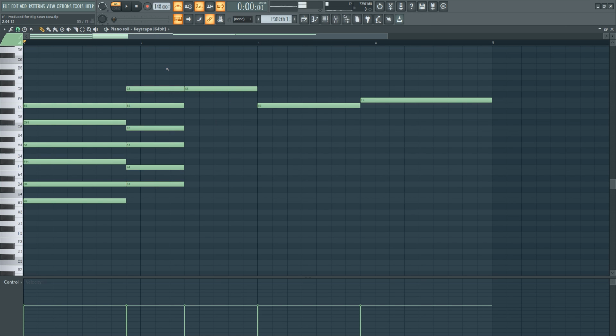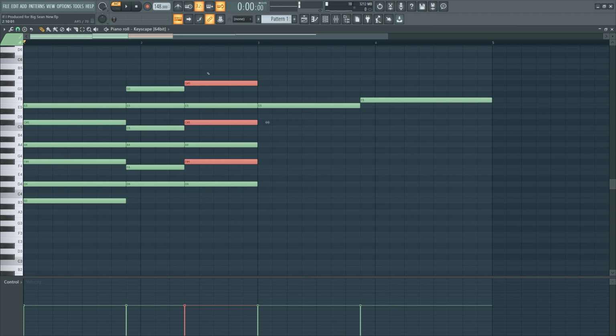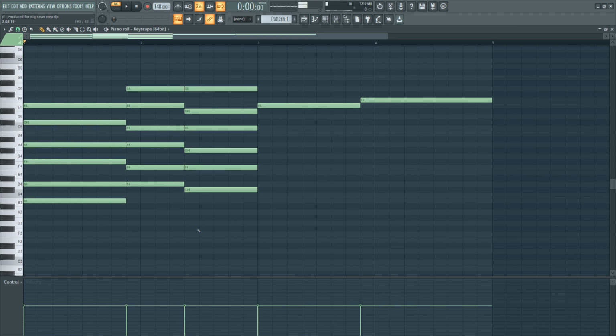There are many different types of chords. That's just one. But usually you start with a minor or major chord. Now the question is, how do I make this chord sound different than this chord? One technique is to transform this into a major by skipping every other note and lifting it up one.